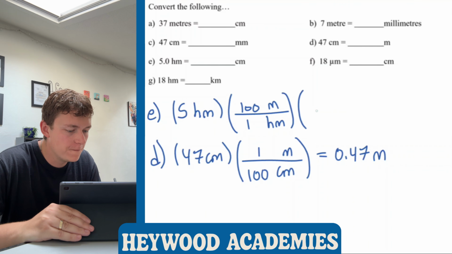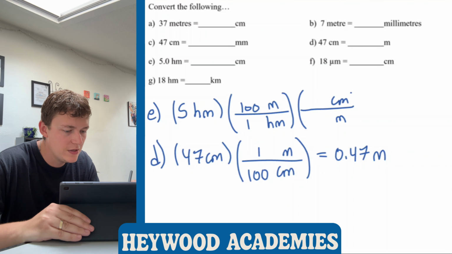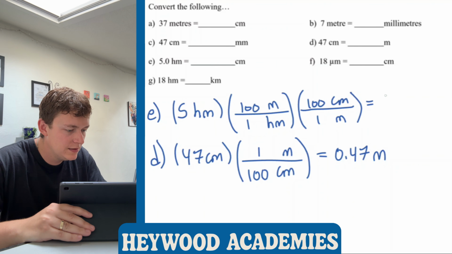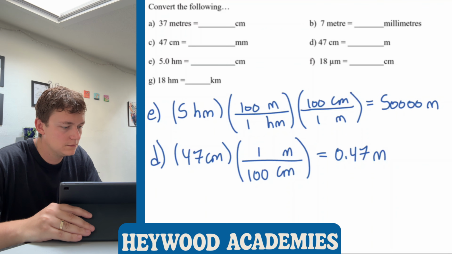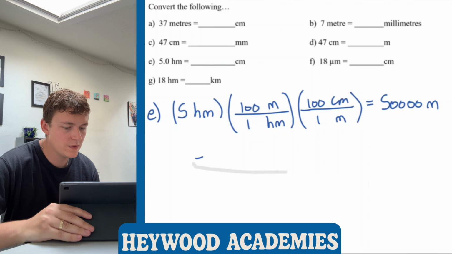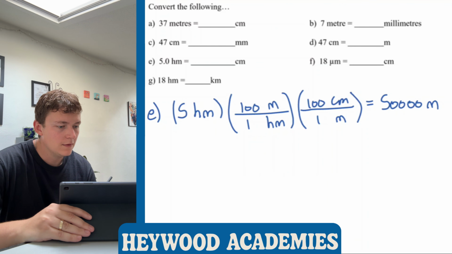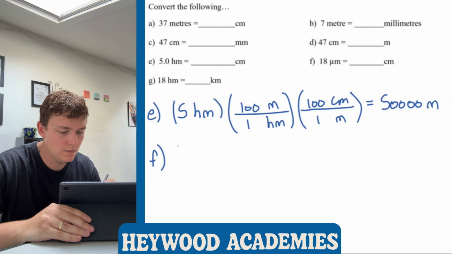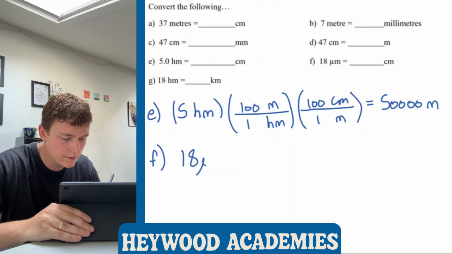And then we're going to go from meters to centimeters. So we're going to get rid of meters, we want centimeters. 1 meter is 100 centimeters, so we're going to be multiplying this by 100 twice. So it'll be 50000. Okay, the next one, micrometers. This one's a really, really tiny measurement, and we're going to go to centimeters. So same thing with this, I'm going to go back to meters first, and then I'm going to go to